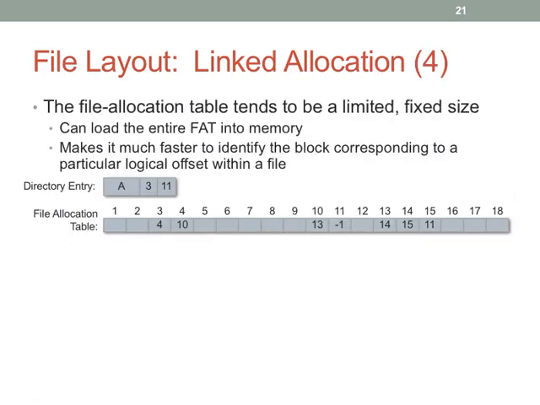Okay, let's see. So yeah, this is nice because the file allocation table is small-ish. You can load it all at once, and so you can easily use that to figure out where logical offsets fall on the disk. Okay? And notice you get the whole file system into memory, so that makes it really easy.